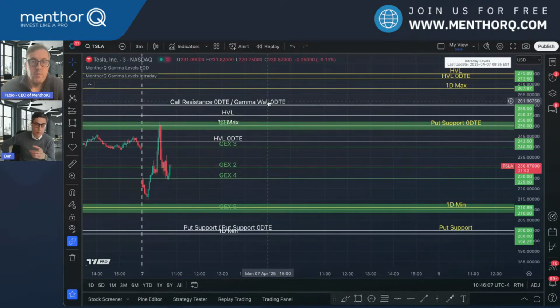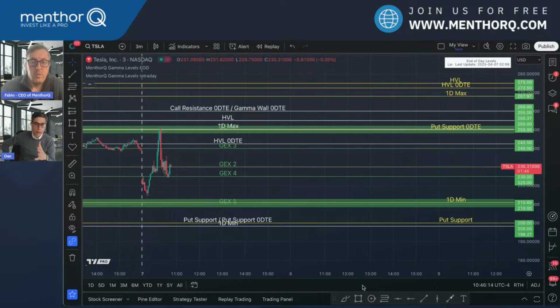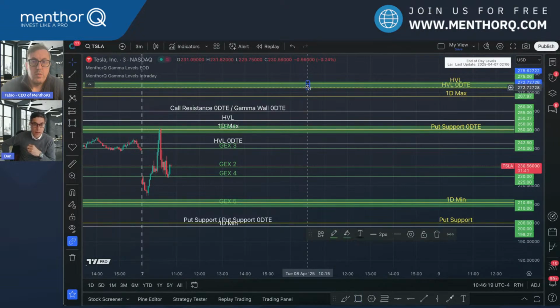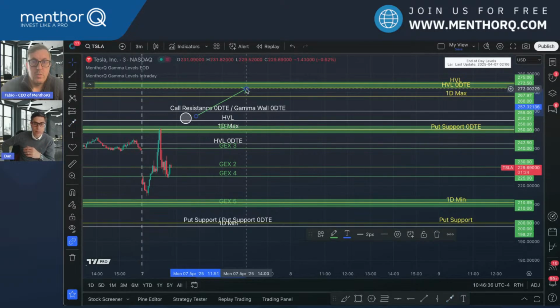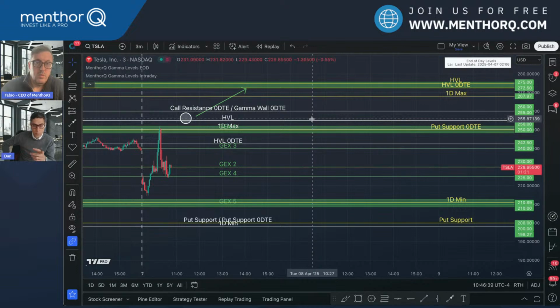A nice entry here would be if you break the high volatility level from the up or from the down. And what is a good target to take profits? The intraday high volatility level. So if we had a breach, it's a bit higher than 1 day max. I would have taken maybe this one. If I had opened the trade there, I would have closed it. I wouldn't have taken all the dip. I would have closed it either there or at the lower point.